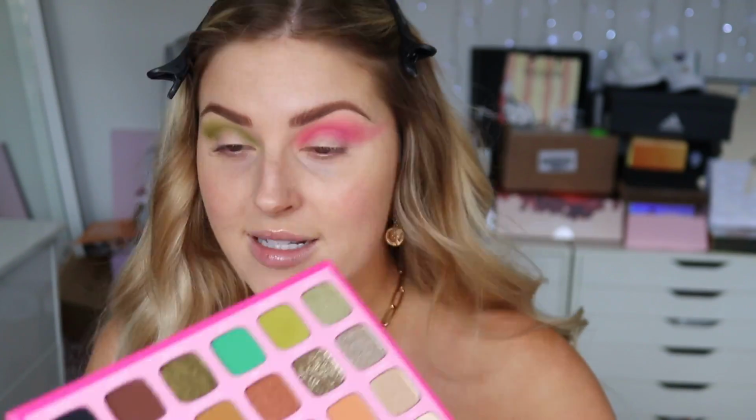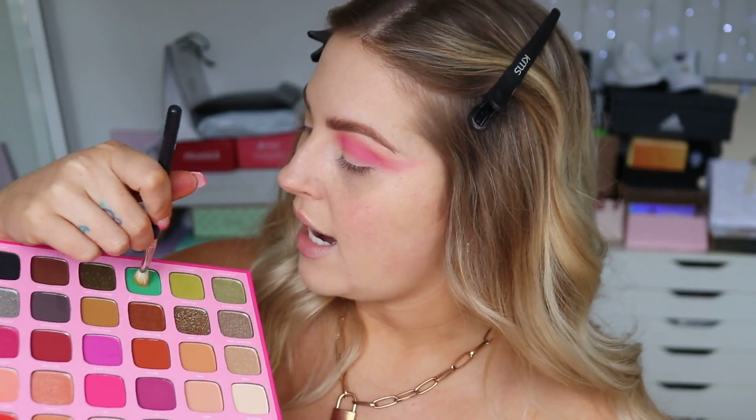Okay, and on the other eye, since we're going bright, let's do this Nate color, and I'm going to blend